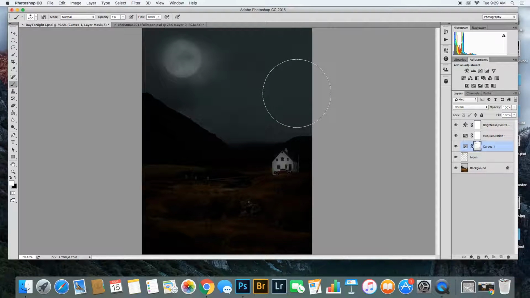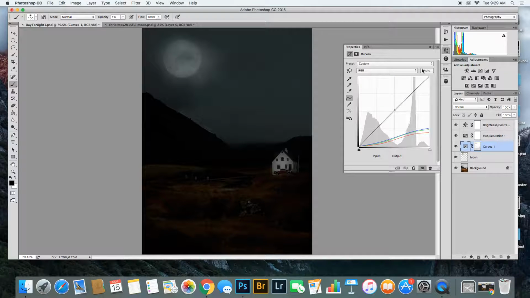So, the last thing is, if you look at it, the ground looks really red. It's kind of distracting. And it looks like nighttime, but I feel like there's something missing, at least for me. So if you go back into your curves, double click it, and go to RGB, if you go to green and you take this little dot right here, bring it up just a little bit. Not too much, because if you bring it up too much, the sky looks green. Bring it up just a little bit, maybe bring it over to the right,